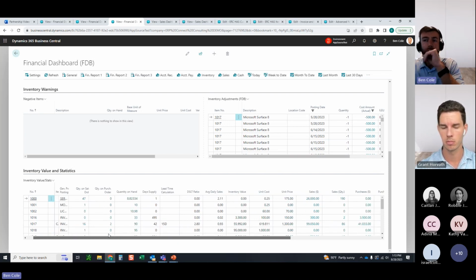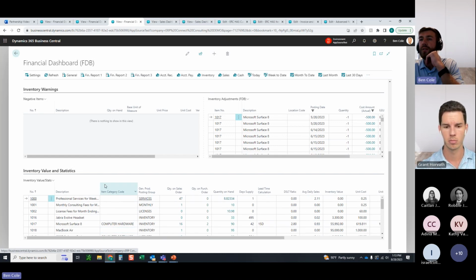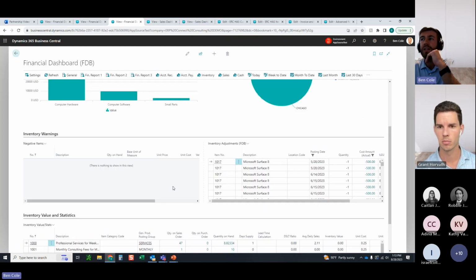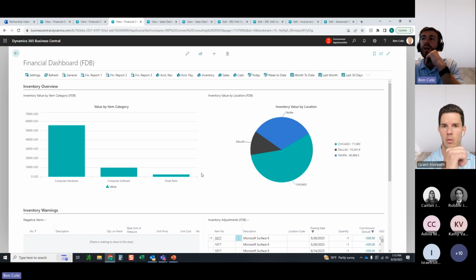So if you're using inventory, then I would highly recommend looking at some of these things again for a high level look and feel into your data. That's the financial dashboard that has about 30 different little areas or charts, right? Between general ledger, the financial reports, the AR, the AP, the inventory, the sales, and the cash. So again, 30 things, plug them in, get up and running as quickly as possible, and start to